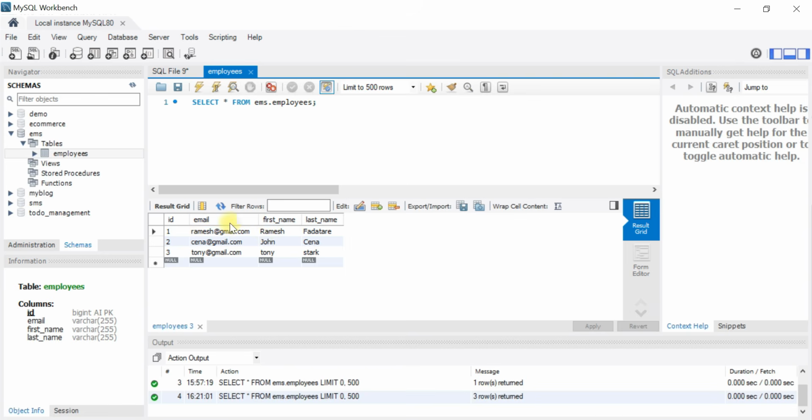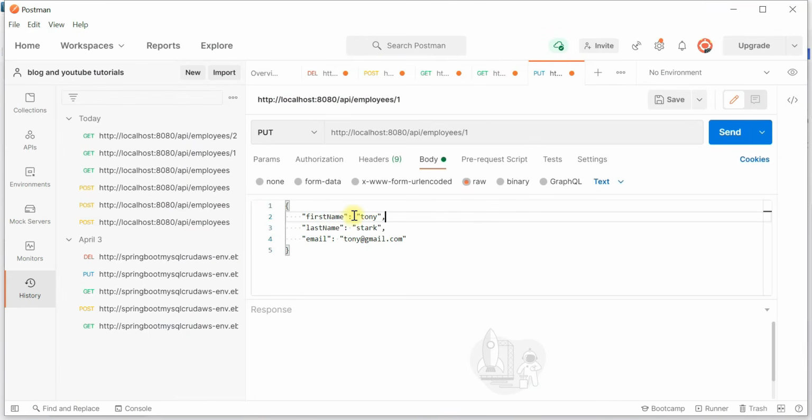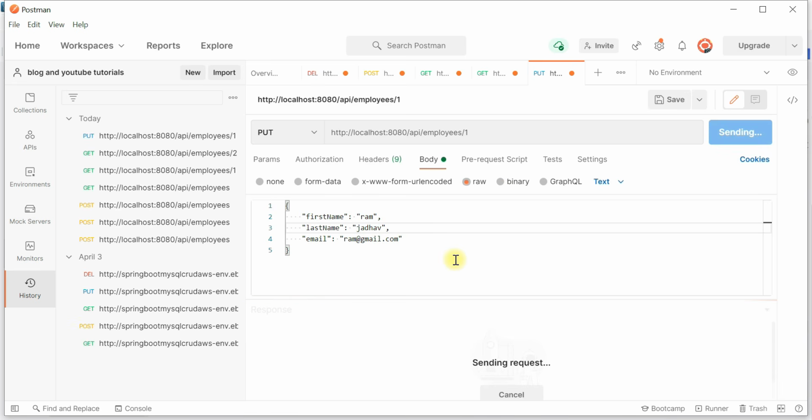Let's change the last name from Fadtare to Jadhav, and also change the email from ramesh@gmail.com to ram@gmail.com. Go ahead and click on send,